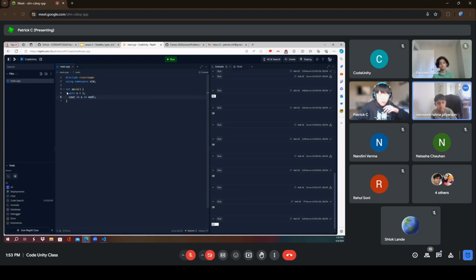So auto. C++ is going to automatically detect that. Click auto, right? And this should be working. It's going to output 5. You don't have to type anything. I don't know why, but for you it shows x equals 5 when you click auto, but for me it shows x equals 10.